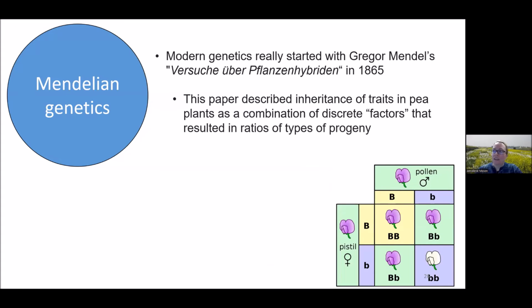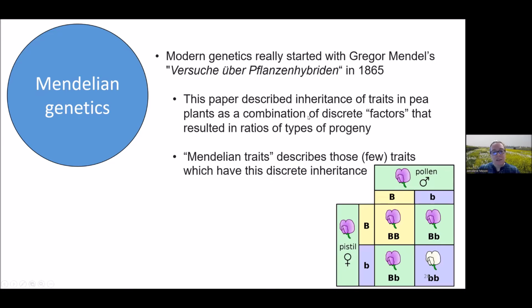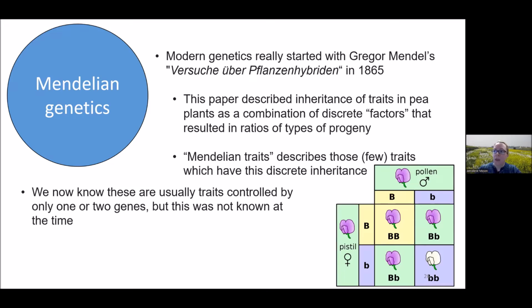So this was the antithesis to the blending idea, where it was hypothesized that individuals were just a mix of the traits of the parents. Instead, Mendel worked out there were actually discrete factors which control genetic inheritance. So these Mendelian traits describe traits which have discrete inheritance. So we see either a purple or white flower, not a mix of colors between purple and white. We now know these are actually traits controlled by only one or two genes, but this was not known